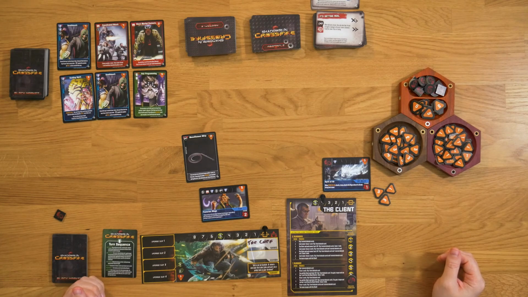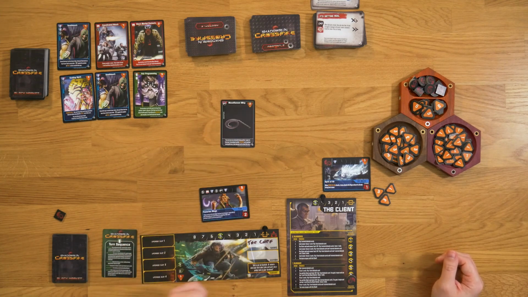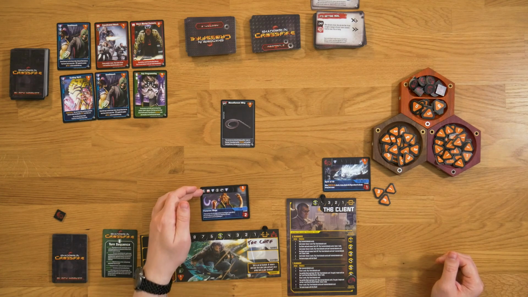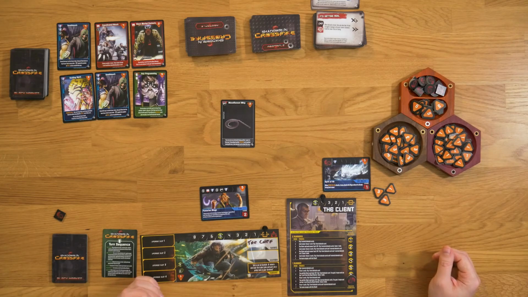Okay, well, this is going to be a very quick final turn. I have my 1 card. I play my 1 card. It does 1 damage. That is not enough to do a level of damage to either the Fomorian Mage or the Spirit of Air. That means the Spirit of Air is going to attack the client, bring him down to 3. He's fine. But this Fomorian Mage is going to...